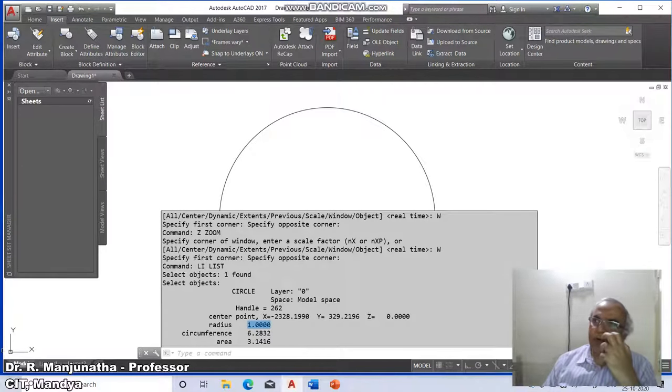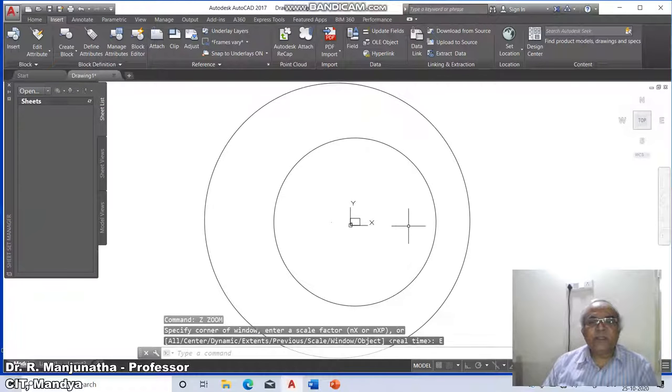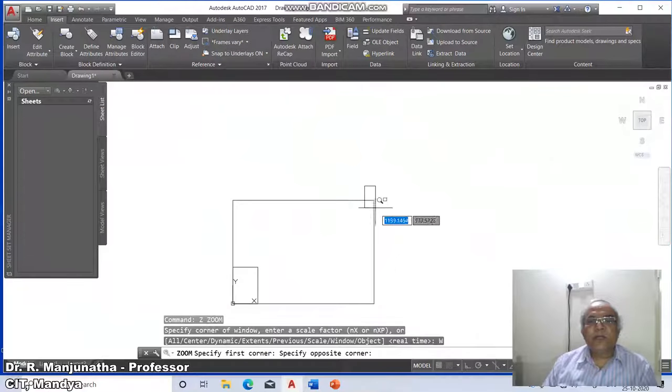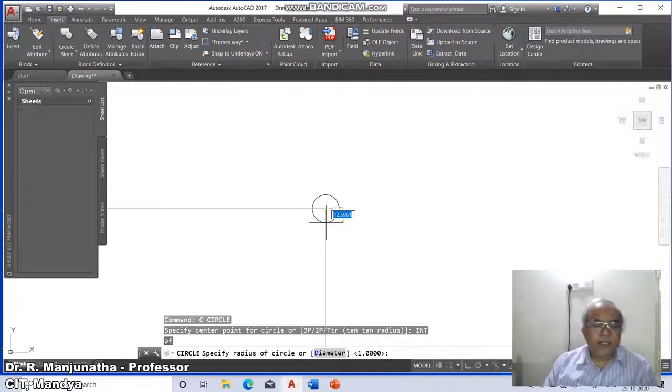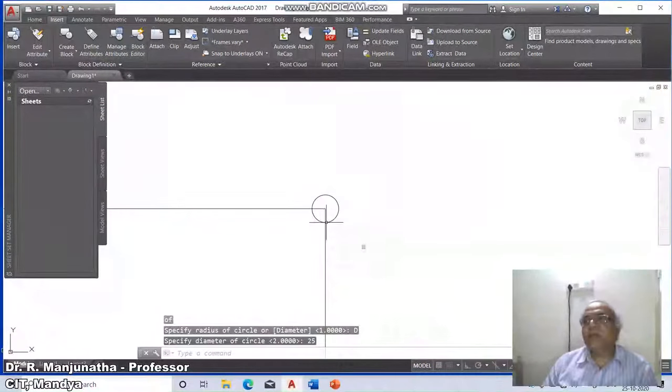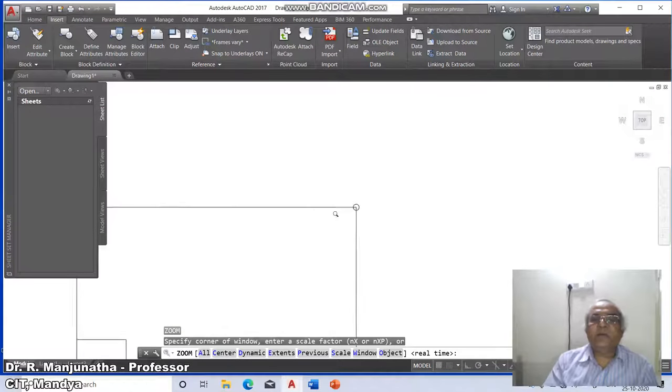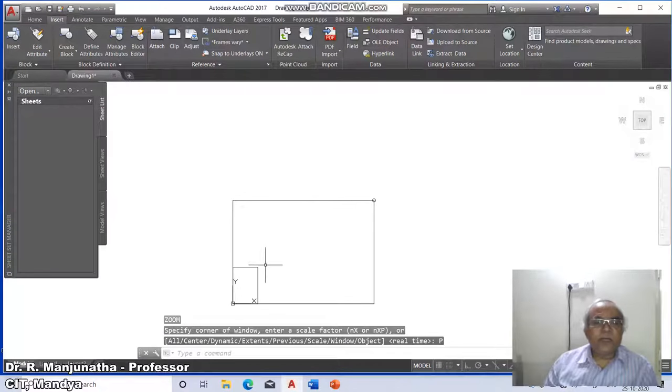This is the power of AutoCAD, wherein we can zoom in and zoom out whenever required, and also start editing. So suppose I say zoom extents, now I want to create something somewhere here. I want to create a circle at the intersection, I will say diameter 25. So I want to create a circle here. Then I want to go back, zoom previous. Then I want to create some drawing here.